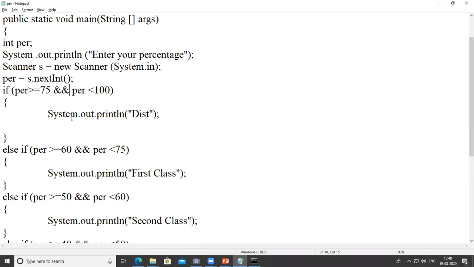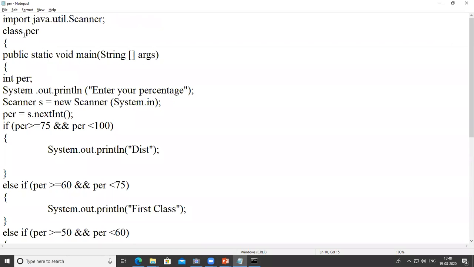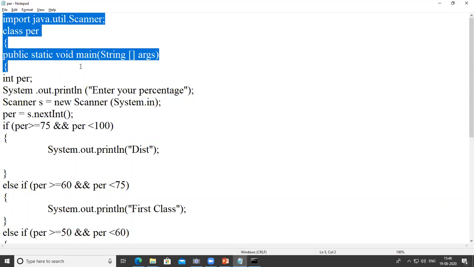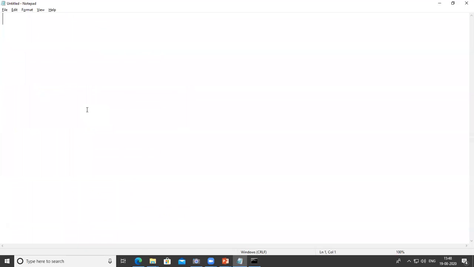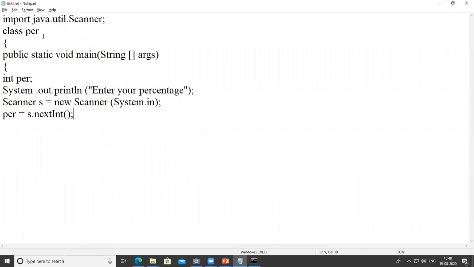Next, we are going to find the largest number among 3. I copy this up to here, Ctrl+N. To find the largest number among 3, I write here Largest.